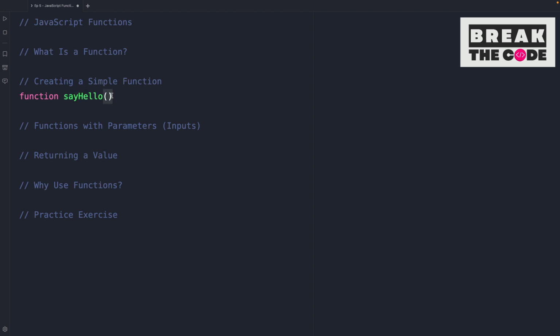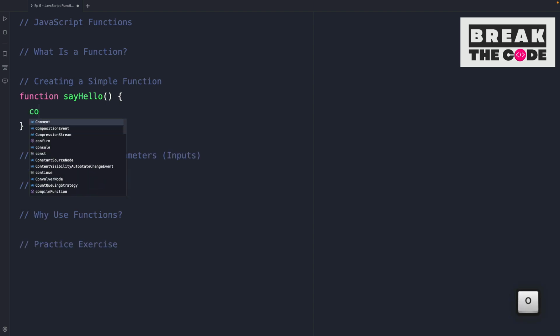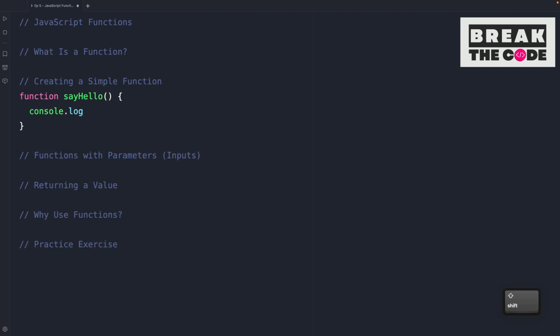And then you open parentheses, then open brackets, and we want to console log the string Hello there. Make this capital. So here we're looking at a function called sayHello, which when we call will execute the code inside the brackets. So let's call the function